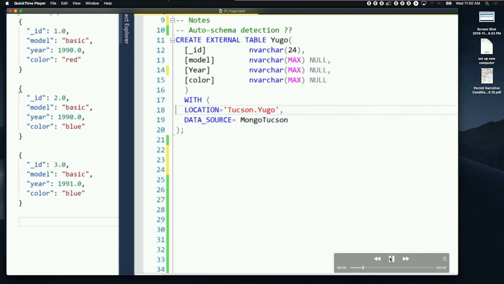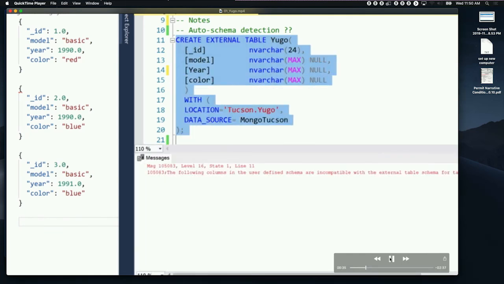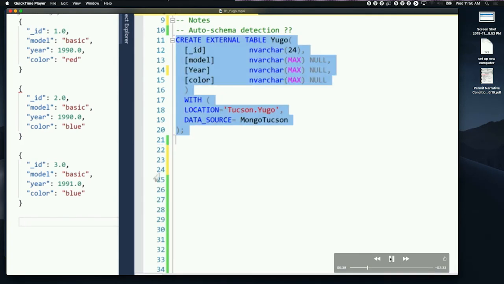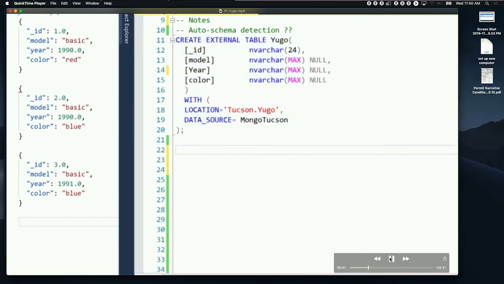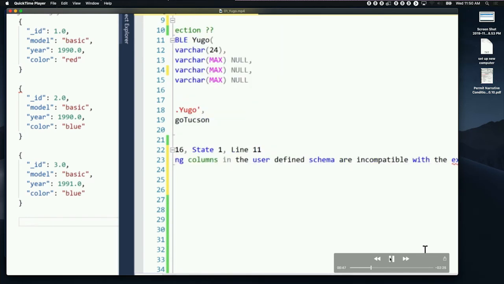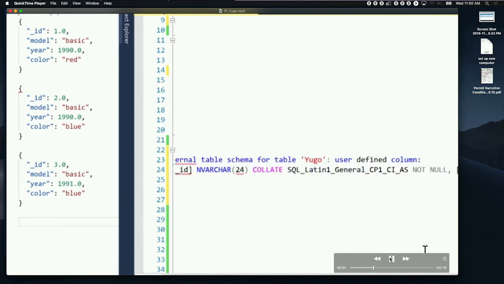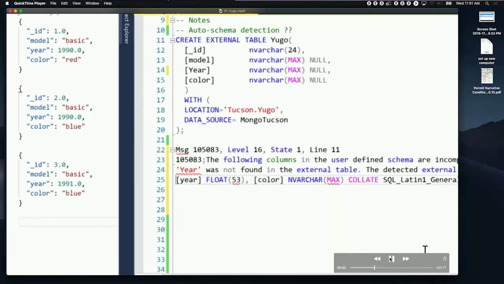And I've got the question at the top, auto schema detection. So what SQL does is I take this inside of SQL, and it passes it to the external data source and says, do you have this? And the answer is no, because I got an error, right? So I tried to take this error and put it all into a screen so you could actually see it, and I wasn't very good at it. But I also didn't look at that first.